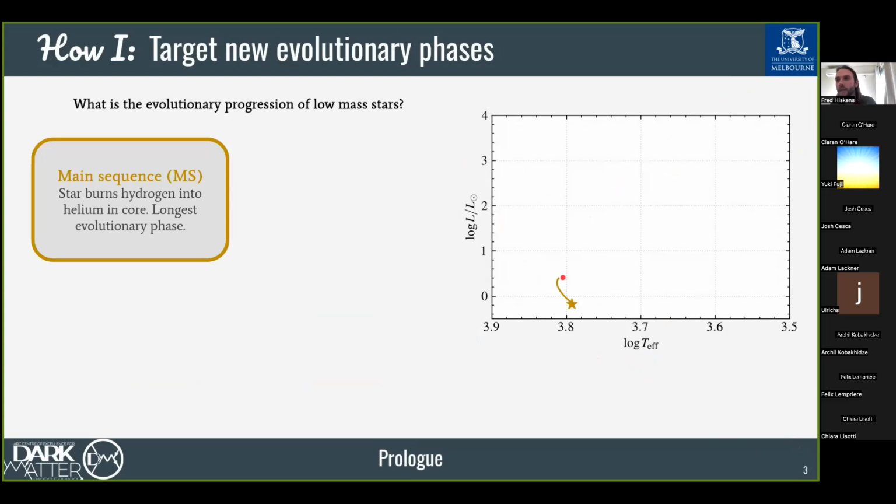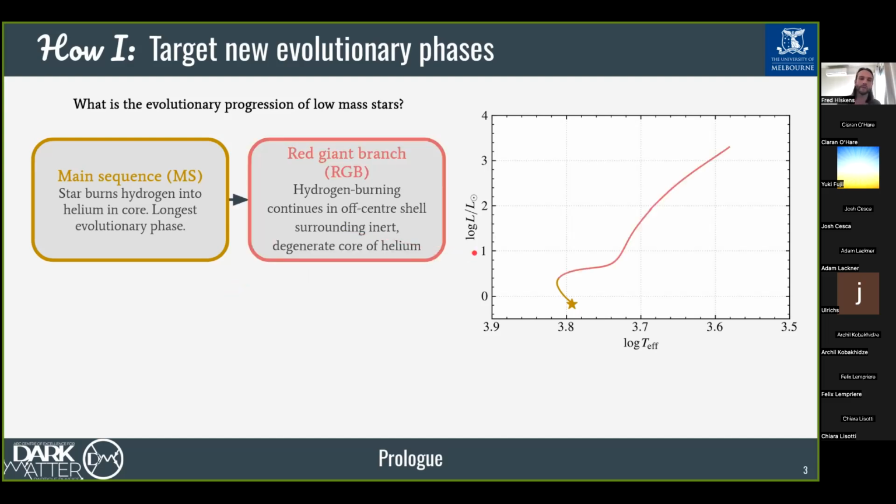Okay, so stars begin their lives on the main sequence where they burn hydrogen into helium in their cores, and this is the longest evolutionary phase. It can amount to about 80% or so of the total stellar lifetime. Eventually, though, the star will run out of its supply of hydrogen in its core, in its very center, and so hydrogen burning will continue in an off-center shell, and this shell will then surround an inert degenerate core composed of helium, and this is called the red giant branch phase, and stars are said to ascend the red giant